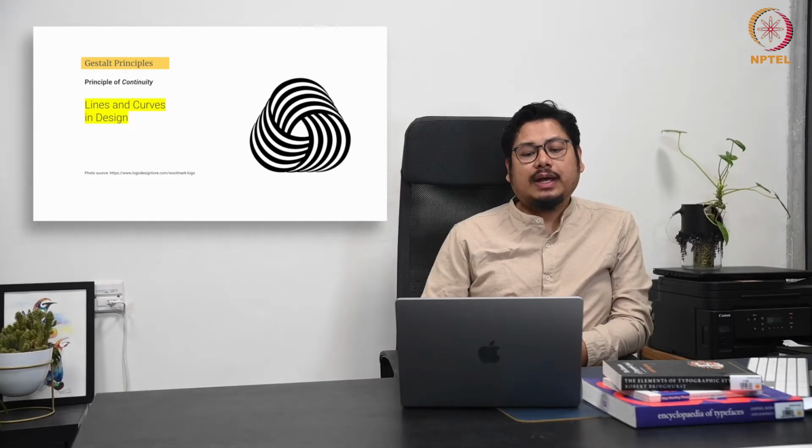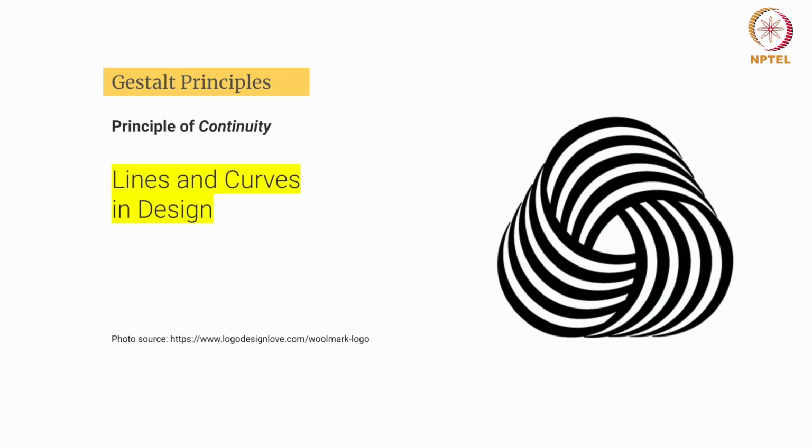Yes, now let's come to the idea of brand representation, that is logo design. Under logo design, how can lines and curves also play an important role? This is the logo of Woolmark, which shows that it's 100% wool. I am pretty sure most of you have seen this logo when wearing any kind of woolen material. If it's 100% wool, this logo will pop up on your clothes or apparel.